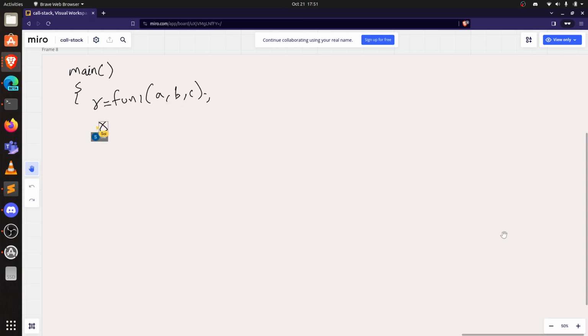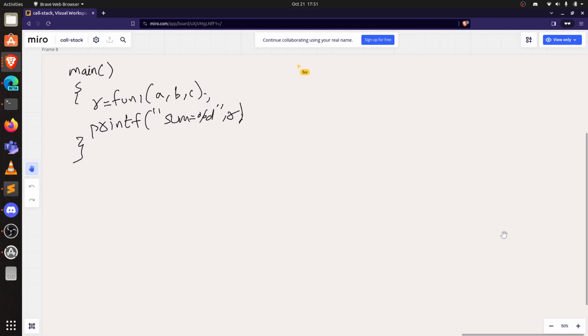And with this result, it prints the result, say printf sum equal to percentage %d. Right? So now when you look at the execution,